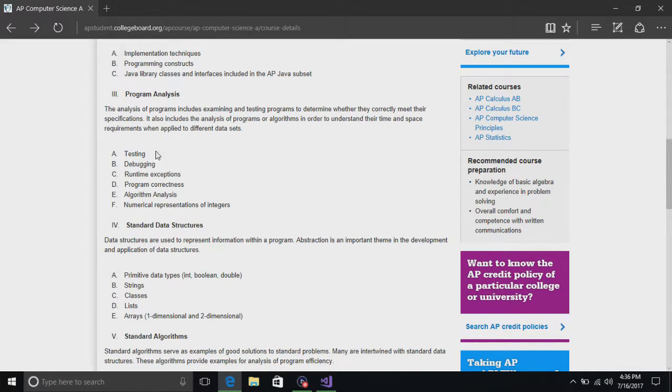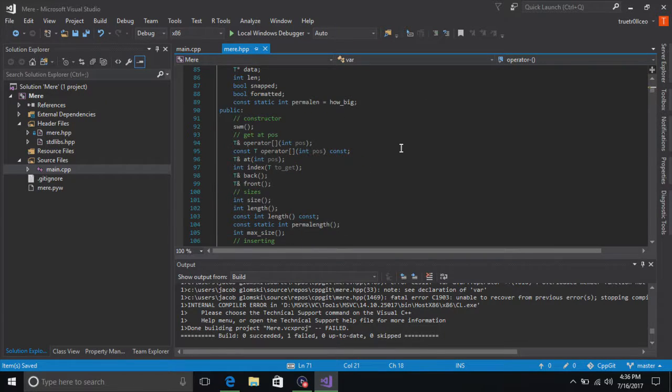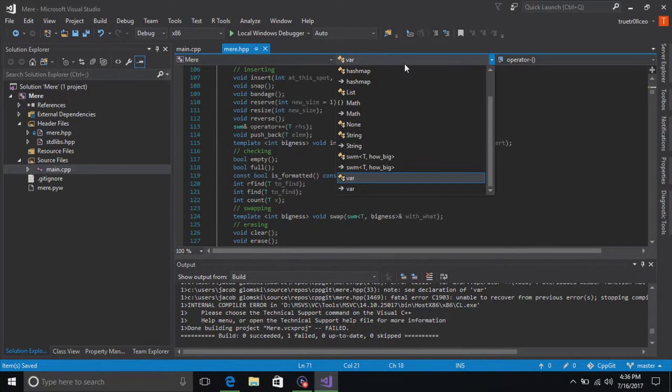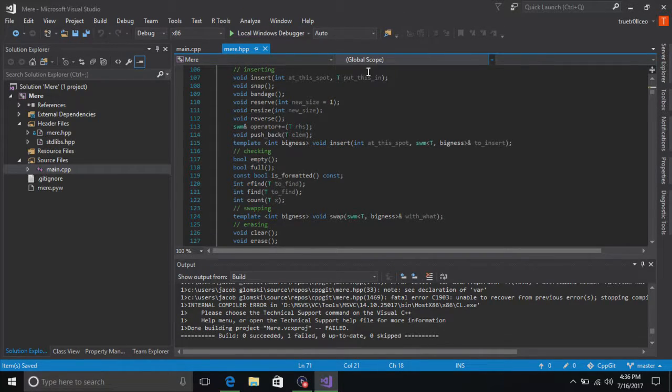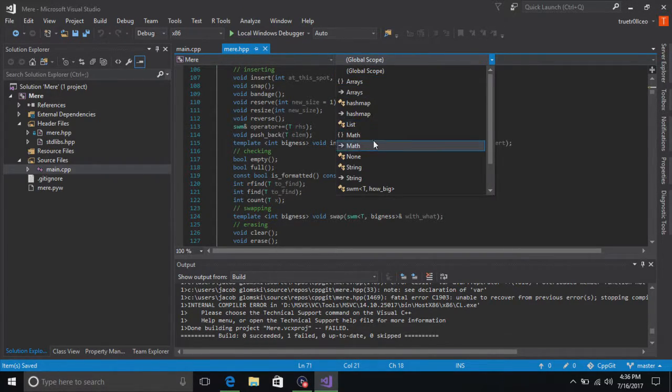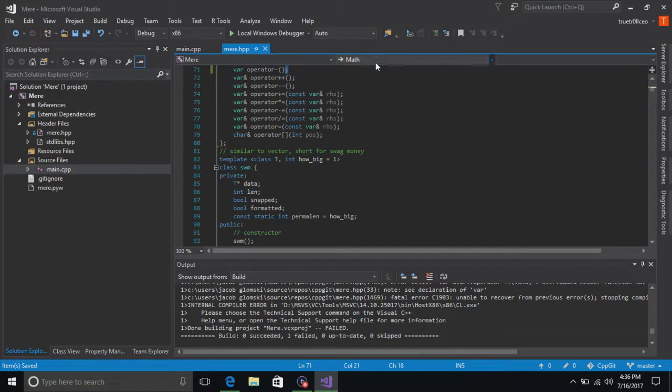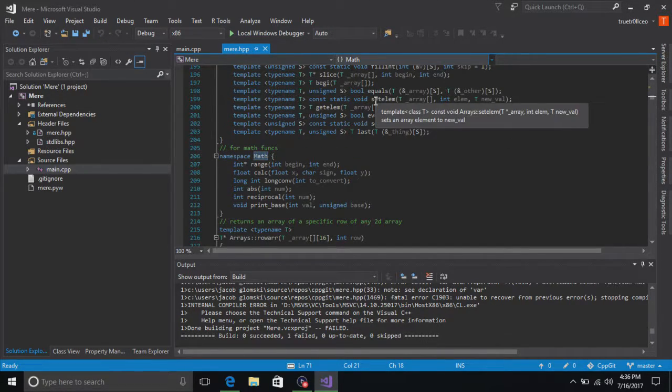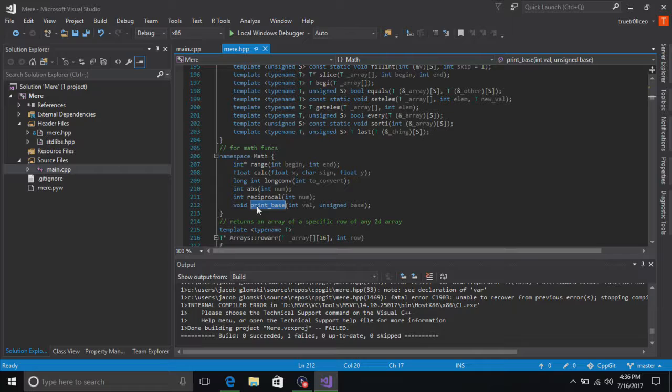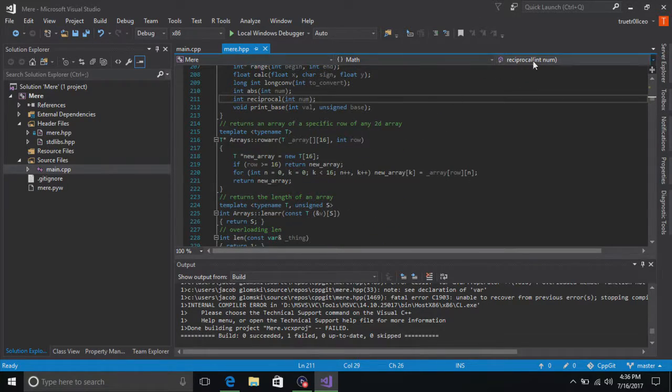Anyways, program correctness. Fixing the problem. Algorithm analysis. Where is it? Where is it? Global scope. Wait, no. Math. Where's the print base?